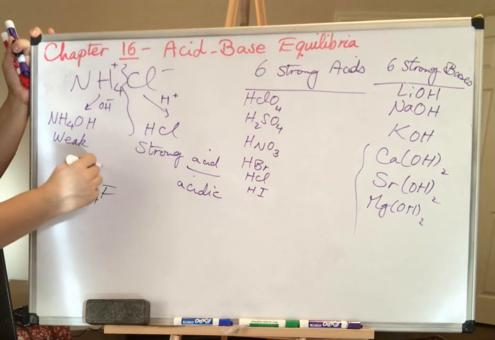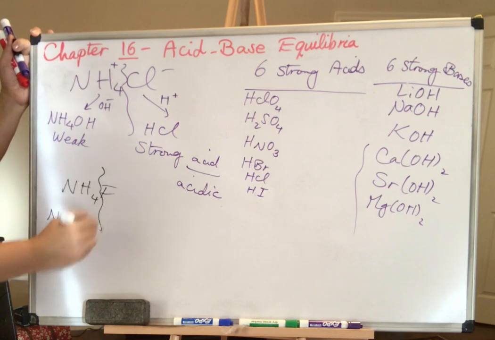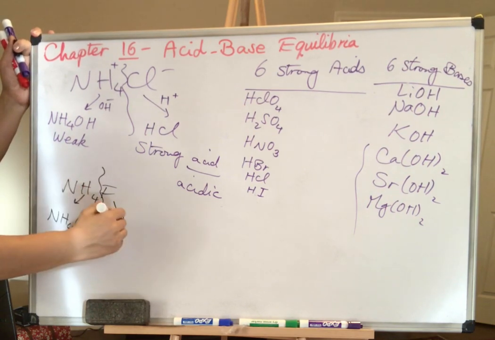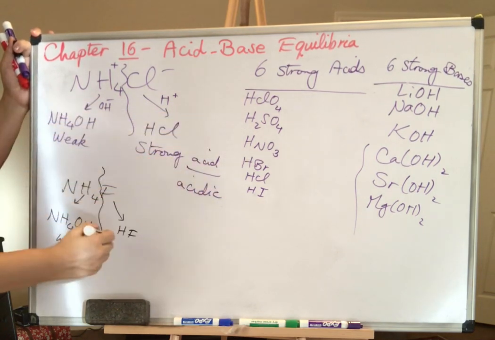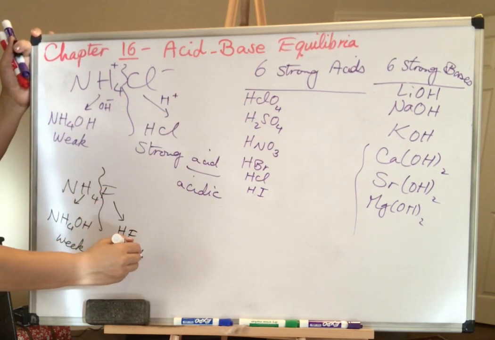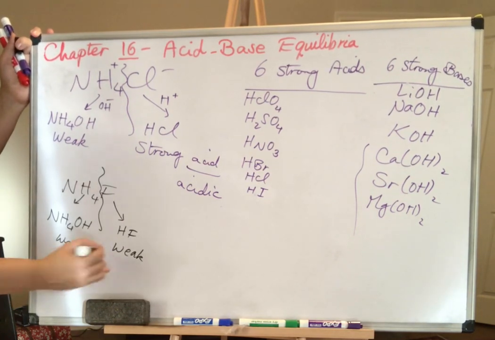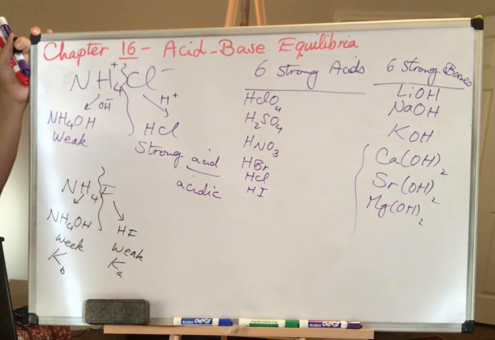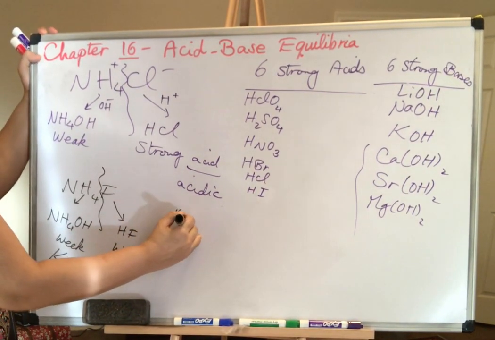NH4F divided into NH4OH, which is weak, and HF, which is also weak, though you don't see it here. So when you have a weak acid and a weak base, you need the values for Kb and Ka to compare them. For example, if Ka